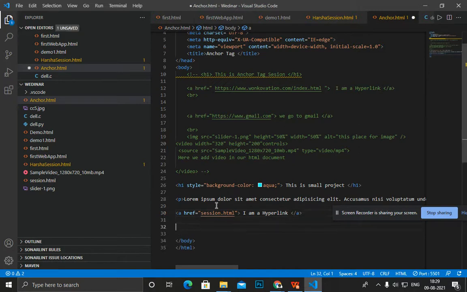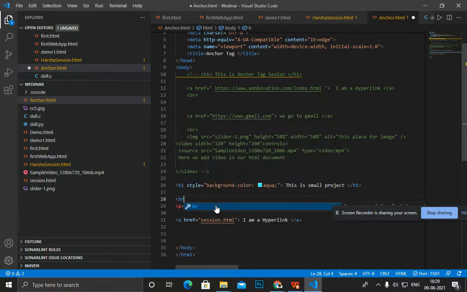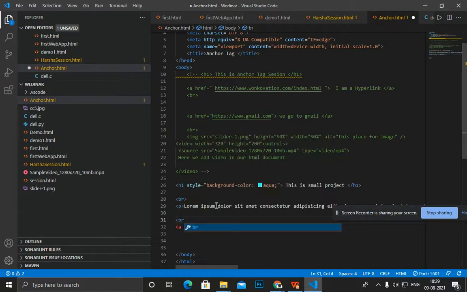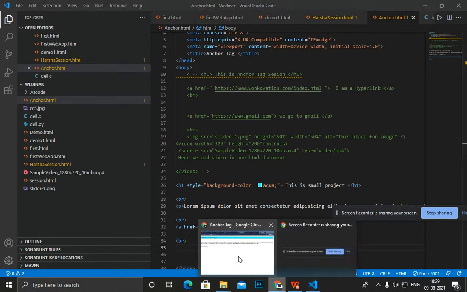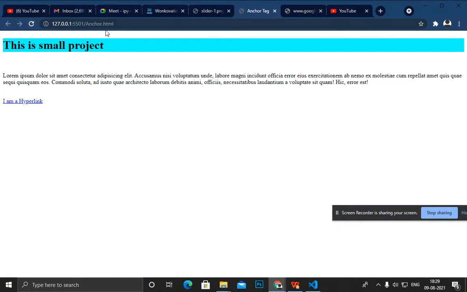After that hyperlink, firstly I gave a br tag so that all these things are placed on a different line. After that I write br also. Here you see that this will work if I use all these tags that were seen in this session or the previous session.